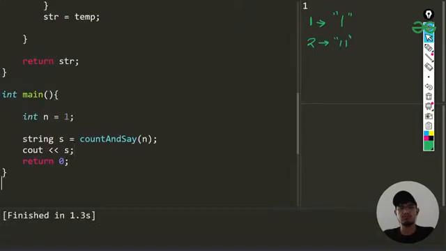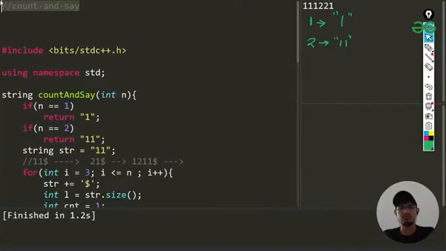Okay, so basically it is 1 only, that's why I was getting this. If I add 3, I'll be getting 2 1. If I do 4, I'll be getting 1 2 2 1 2 1 1, correct. Okay, so for 5 also it will be working fine. So this is how we are going to be solving this problem, which is count and say.